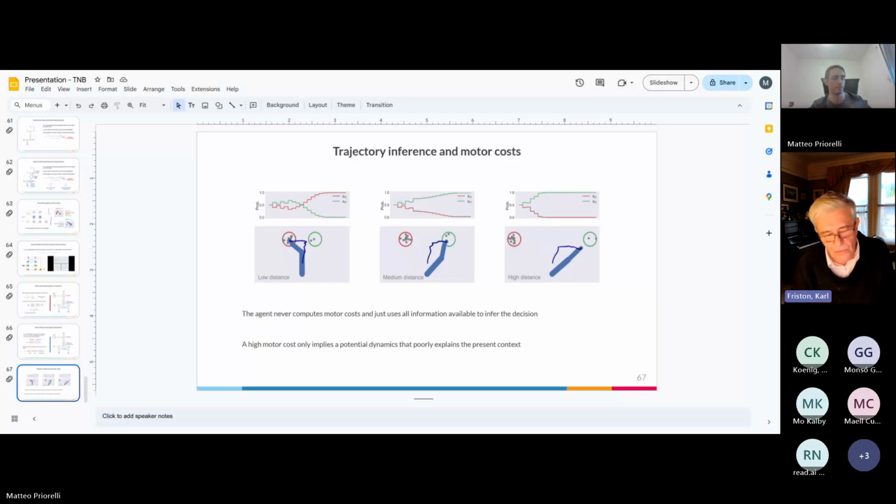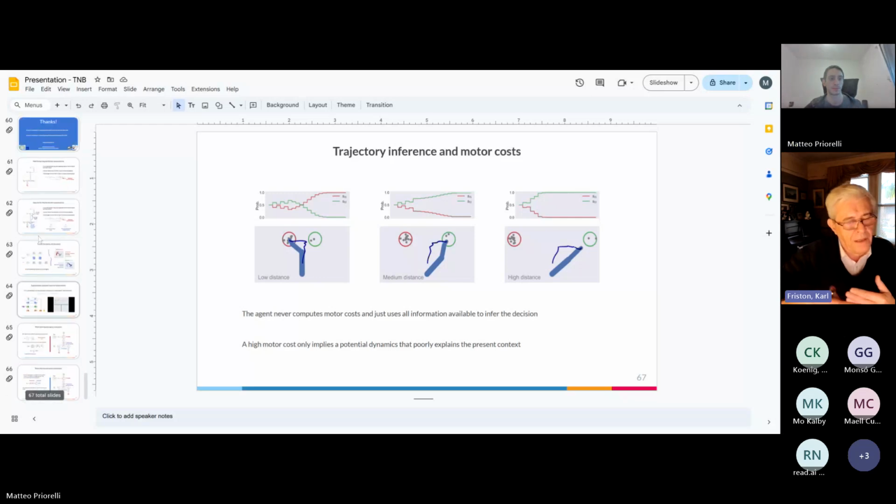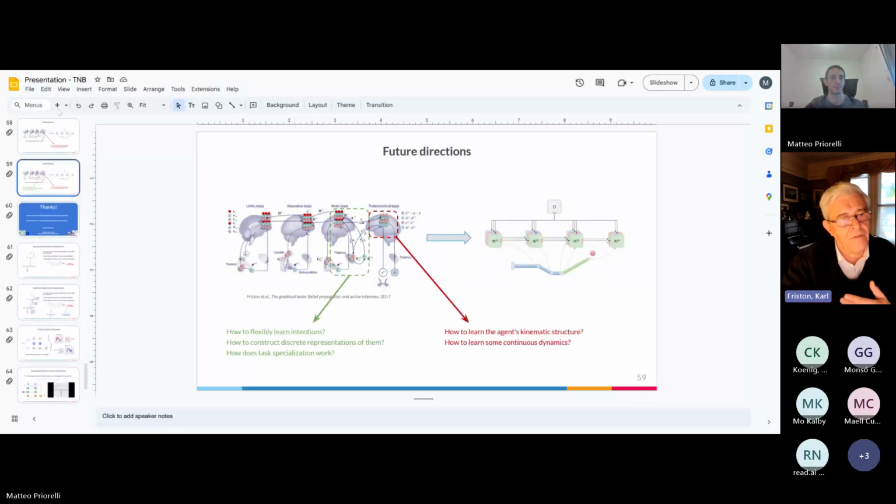In fact, there's something called intentional inference, which I think might be quite useful for you. I can't remember whether that was in the title of the paper, but certainly a very simple kind of deep planning would basically tell you what to do next, given that in the future you want to be in the kitchen drinking a cup of coffee. And if that's the case, then you may be asking,